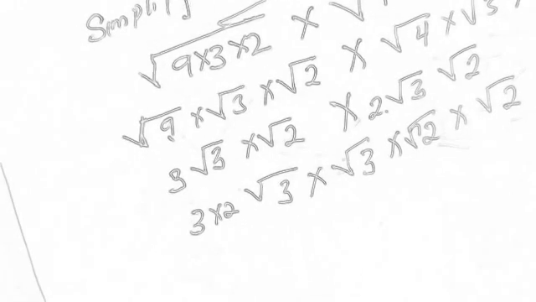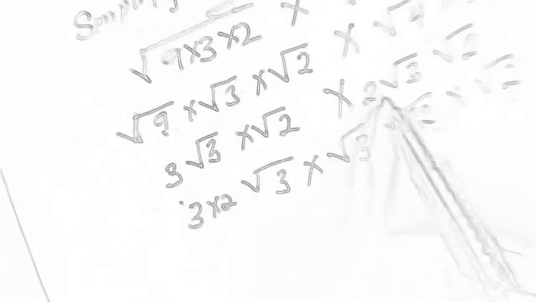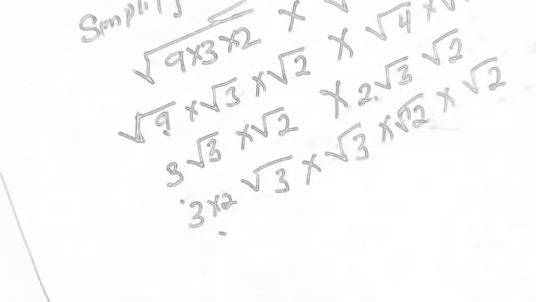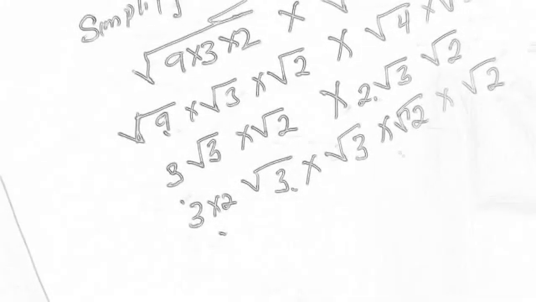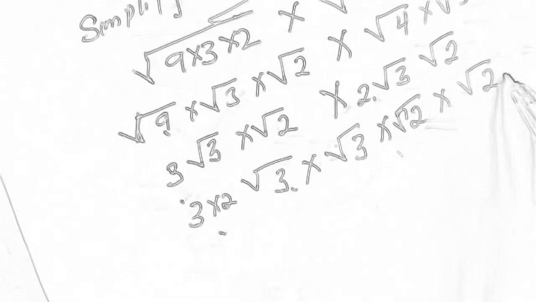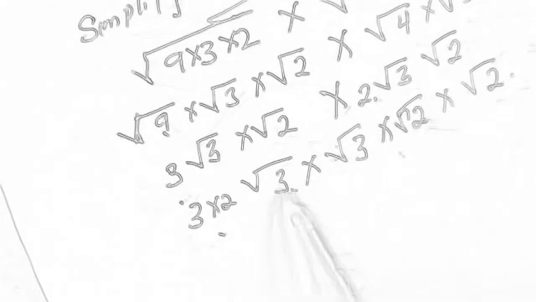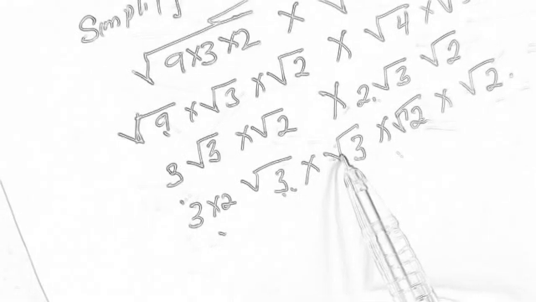Sorry if you cannot see it, but this is what we just did. We bring out 3 and 2 and multiply at the front, times this, times this, times this, times this. So what do we do from here? What we are going to do from here is that if we multiply this, it will give us 9, right? Which will become square root